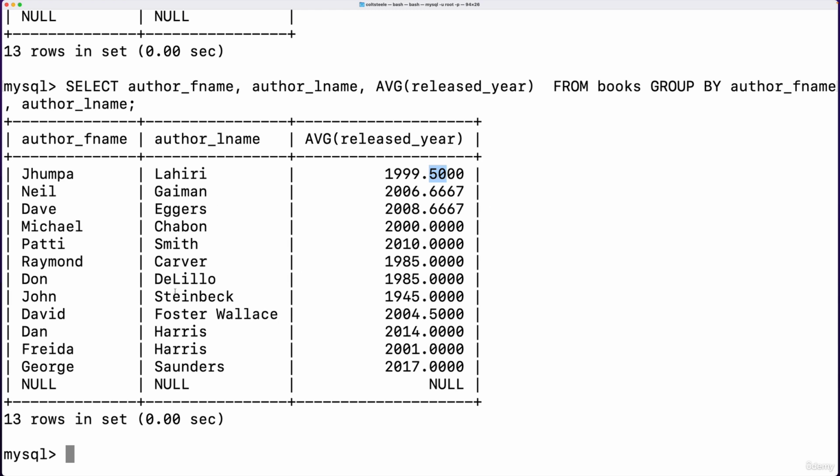For a lot of the authors who only have 1 book, like Patti Smith, it's just 2010. Although you can see it's been turned into a decimal number. We'll talk more about data types very soon. And then for somebody who has a bunch of them, Neil Gaiman had 3 books, I believe, it's 2006.6667. So that's what I wanted you to do for this challenge, although there are other ways you could have